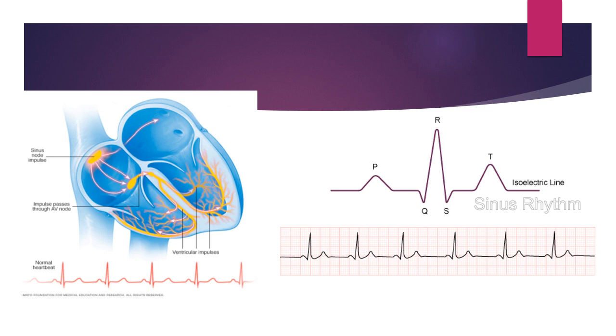Okay, so this is a clear path where the impulses travel normally from the so-called natural pacemaker, the sinus node or the sinoatrial node, in short the SA node. There are actually three pathways on the right atrium, and that is how the impulses are generated onto the AV node. From there the impulses go into the bundle of His, and from the bundle of His travel all the way down. It splits into two, the right and left, and into the Purkinje fibers, and then the ventricles will contract. All this electrical activity is recorded once you do an electrocardiogram on the patient,